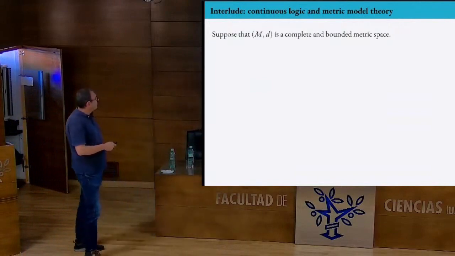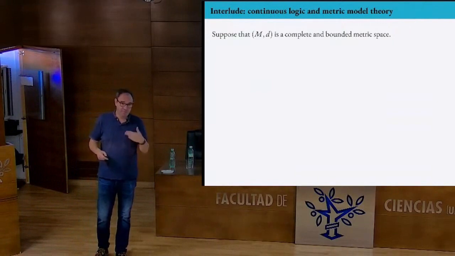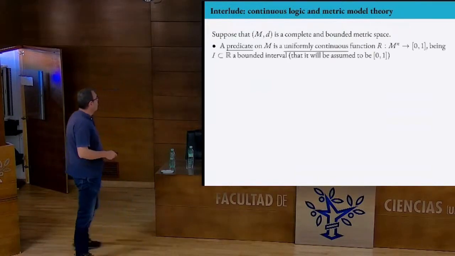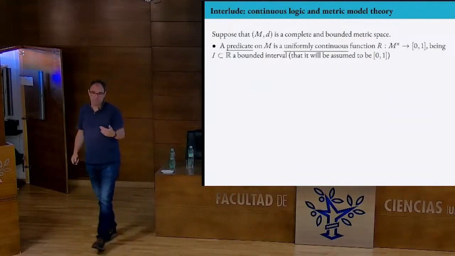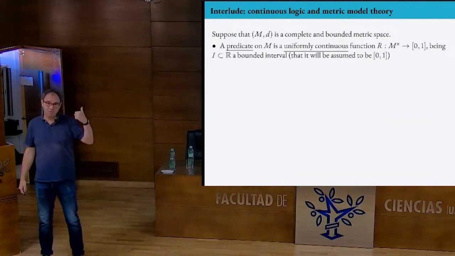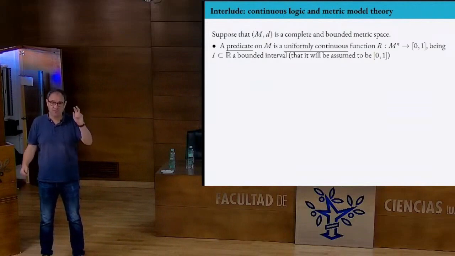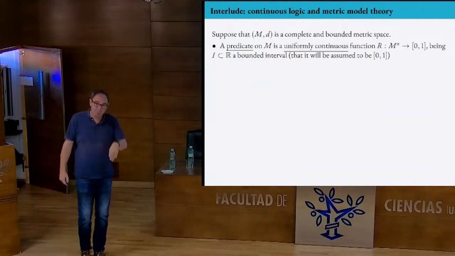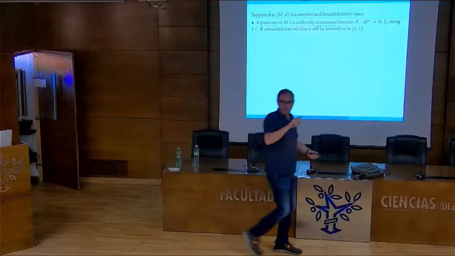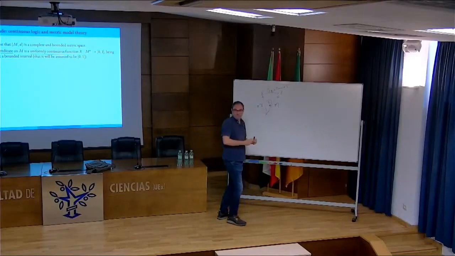Now there is a metric, there is a distance d, and you can do more things, for example, in a Banach space. But now the relations, the predicates in there, are not going to be interpreted as a subset of M to the n. You might think that this is a mapping from M to the n to {0, 1}. This is the same via the characteristic function, yes?